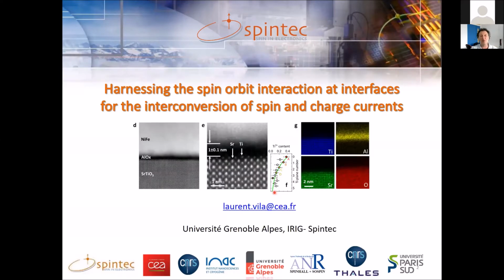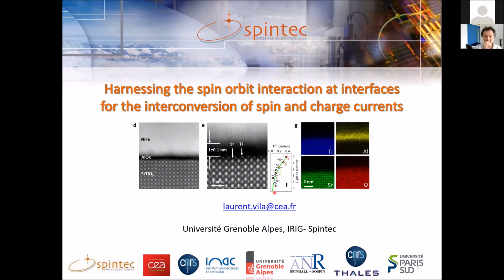So today I will talk about spin-orbit interaction and especially how it can be used to interconvert spin and charge current. I think there are two main interests in doing this. First, the way we can transform the geometry to convert spin and charge current is different from the one where we use exchange interaction. And also, using spin-orbit interaction allows us to extend spintronics to a much broader class of materials. This is what I will mainly focus on today, because we can work on topological insulators, semiconductors, oxides, and insulators.